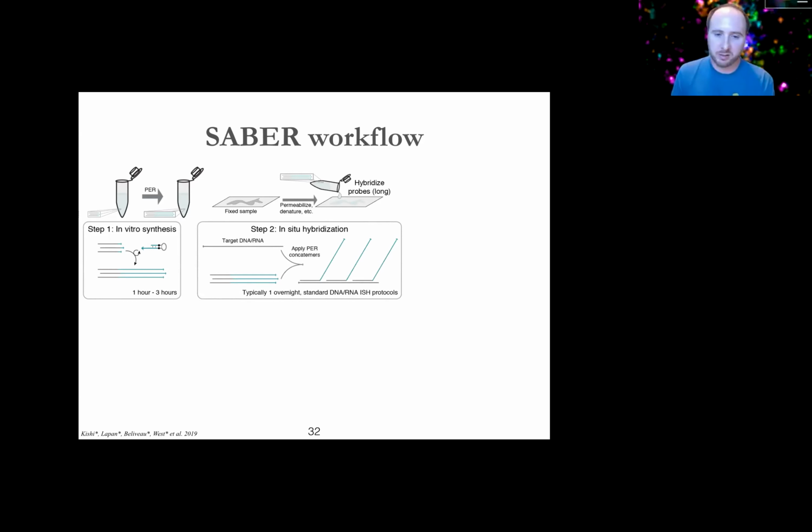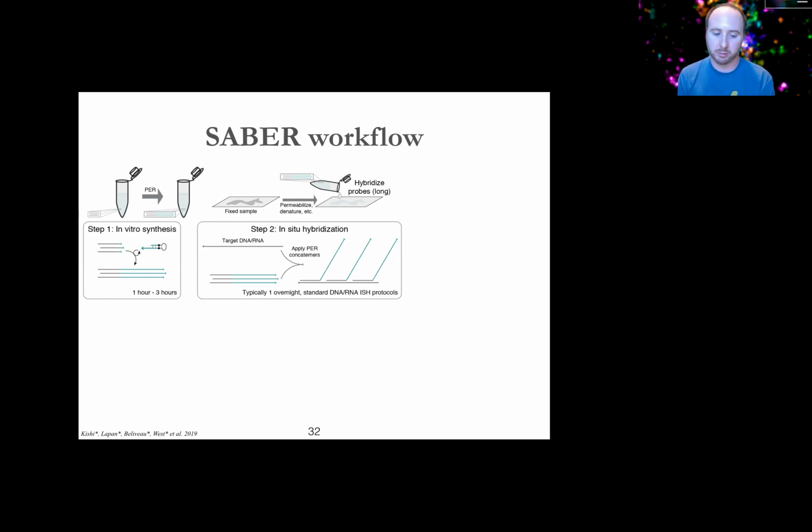You essentially can then just go ahead and do your in situ hybridization as normal. So you can hybridize PER extended FISH probe oligos, Oligopaints, using the same exact protocol as you would normally. You don't have to change anything. They seem to work fine as long as you don't make them too long. Or you can, again, hybridize probes that provide secondary oligo binding sites or bridge sites or readout sites. There's many different terms for this, but these single-strand overhangs can then be used to recruit a common sequence that's been extended in a separate PER reaction.